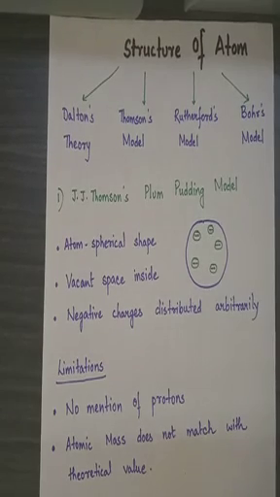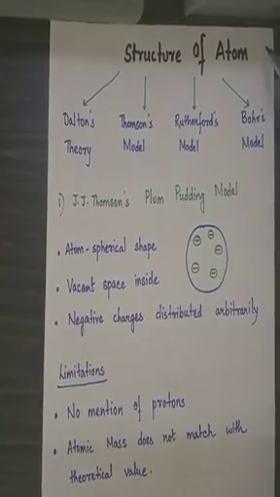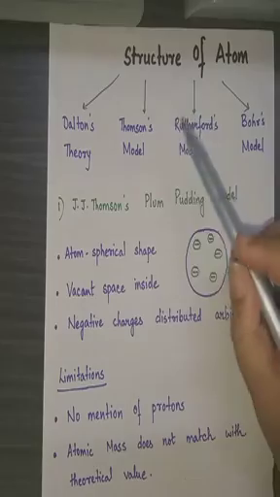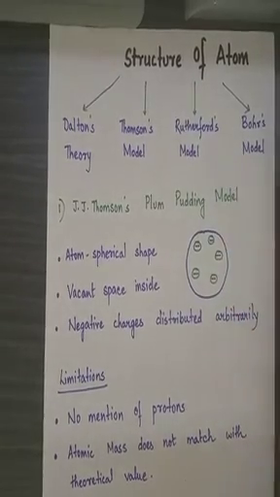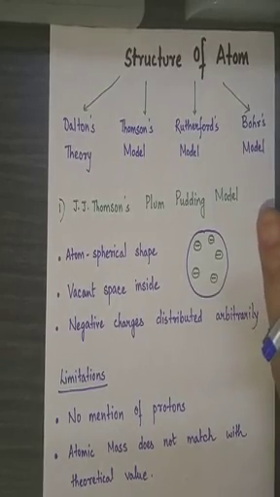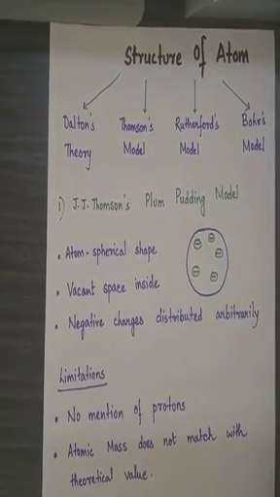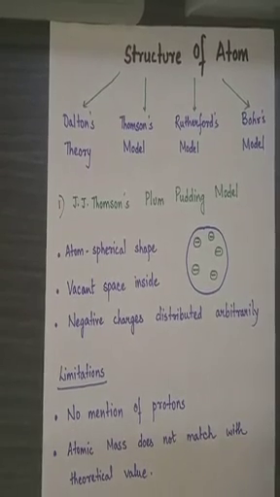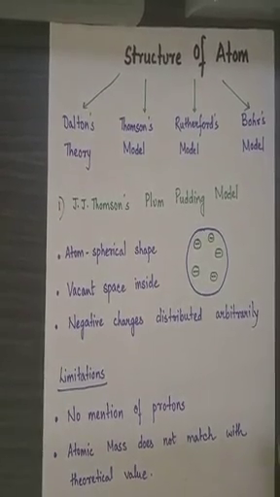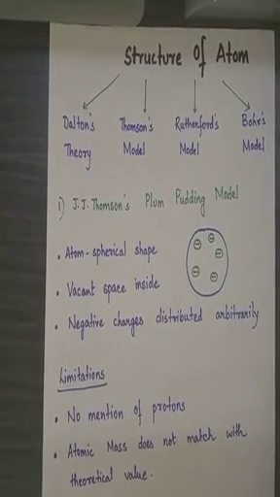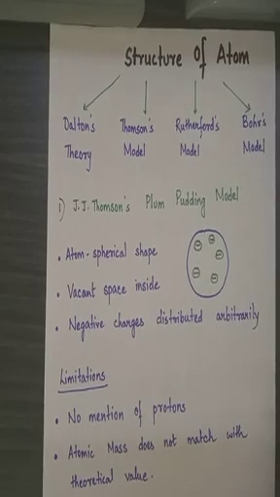So let's start. I have divided the first part, structure of an atom, into 4 major topics, that is Dalton's theory, Thomson's model, Rutherford's model and Bohr's model. All of it you are aware of from class 8. I will not recapitulate Dalton's theory because that is very basic and I think you all are aware of it more than me. I'll directly start with J.J. Thomson's plum pudding model. That is also something that you are strictly aware of.